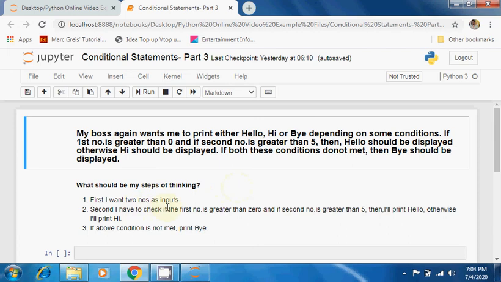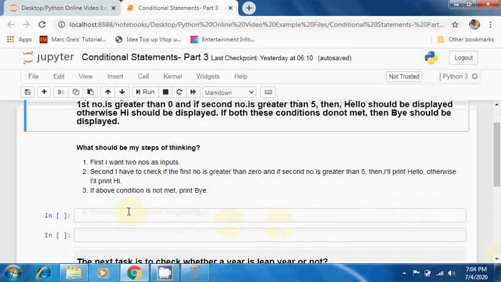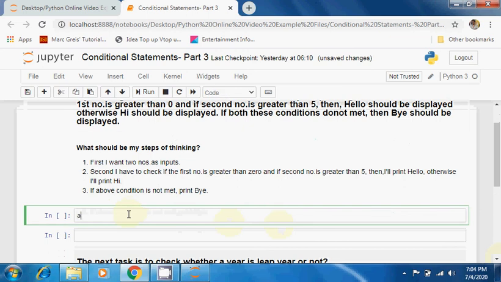First I want two numbers as inputs, so let me write these two numbers a comma b equal to say 10 comma 20. You can take any two numbers. Now I'm taking these two numbers depending on my condition that first number has to be greater than 0 and second number should be greater than 5.